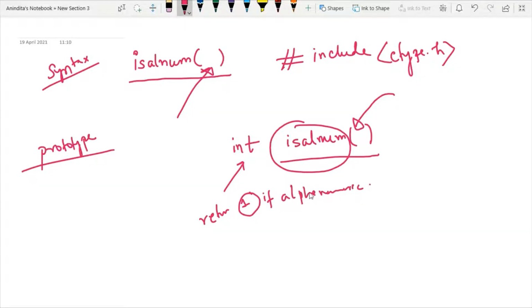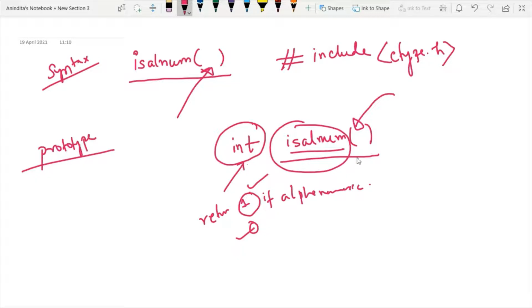Otherwise, if it is not an alphanumeric argument, then it will return 0. So that's why this function is returning either 1 or 0, and that's why the return type of this function is integer.